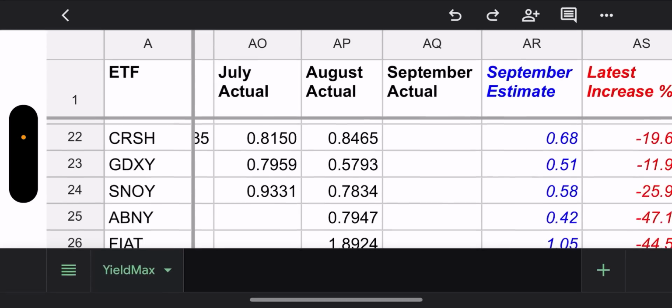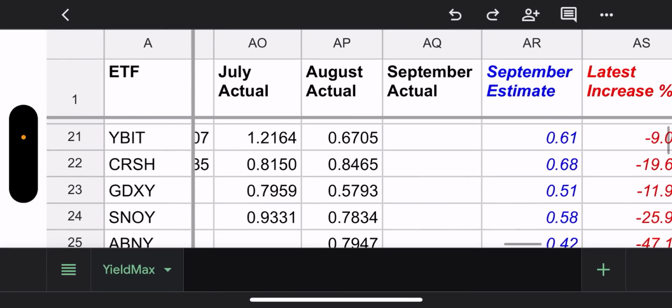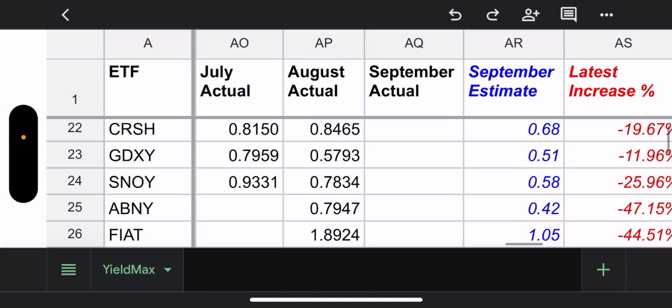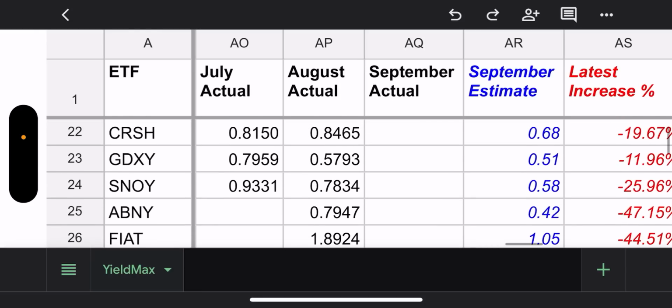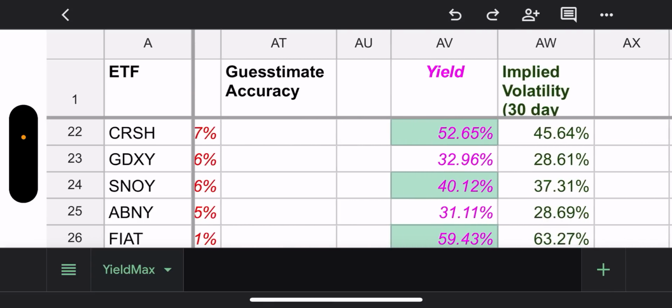All right, sorry about that. I just had to know. So keep that in mind when we're going through these. All right, so we're on Crash. Obviously, this is the short fund of TSLY. They paid 84 cents last month. I don't think they're going to pay as high. I think they're going to pay 68 cents. That's a 52% yield, which is still above their